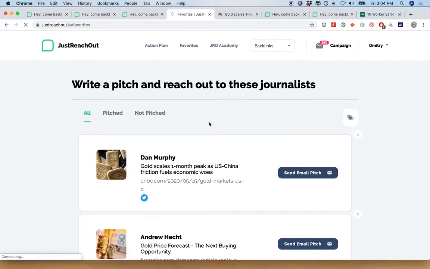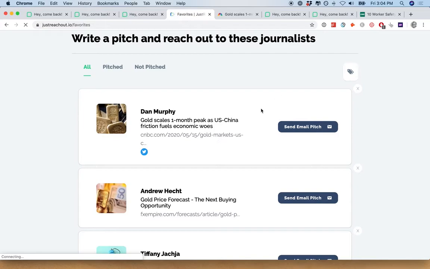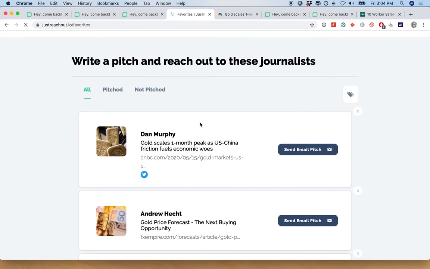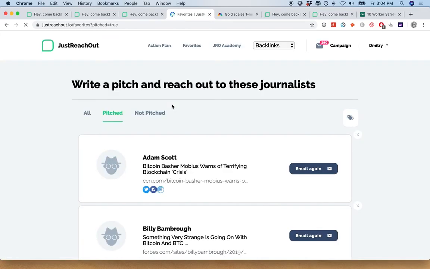And so you can always see where those folks are which you haven't pitched already. You can add tags and slice and dice from here as well. This is your research. This is where everybody will sit until you email them and pitch them, and then you'll go to the pitched ones to see all the pitched ones as well.